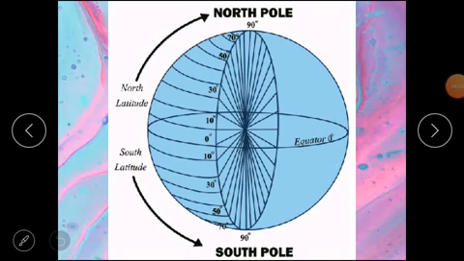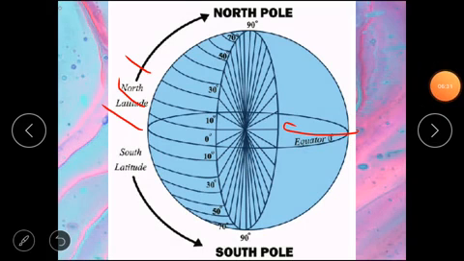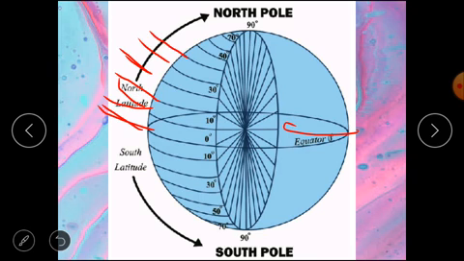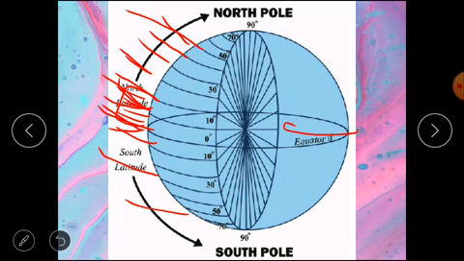As you can see, this is the equator at 0 degrees. Then we have taken a 10 degree interval. So this is 0 degrees, then 10 degrees, 20 degrees, 30 degrees, 40 degrees, and 50 degrees. And between 0 to 10 there is 1, 2, 3, 4, 5. 1 degree north, 1 degree south, and then 2 degree north, 2 degree south. Similarly 50 degree north and 50 degree south. These are the latitudes.